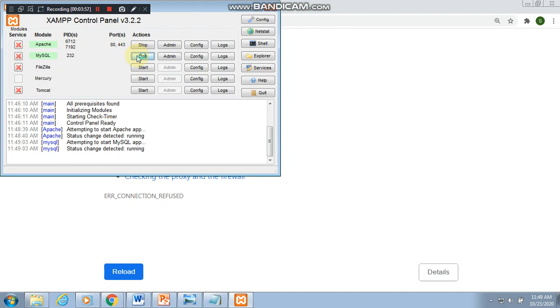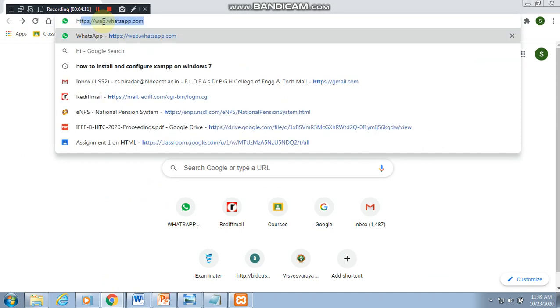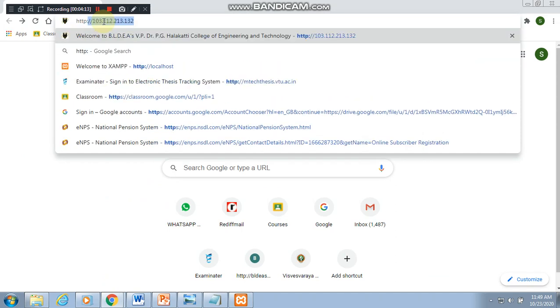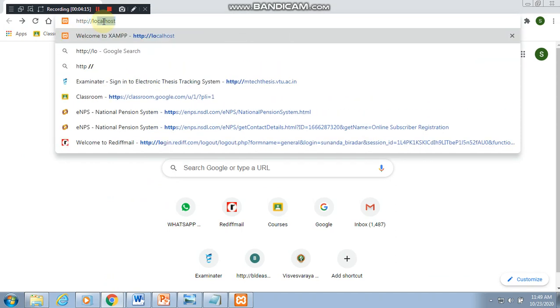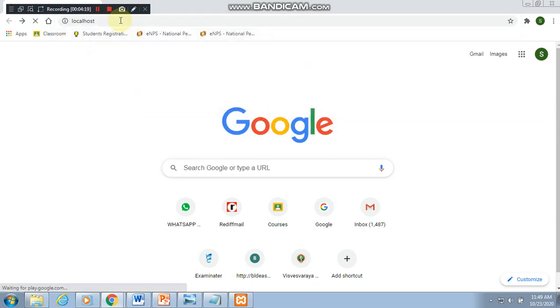So only these two services we need. The remaining are additional; we are not using them in our programming. I just started these two. Now we'll check whether our server is open or not. The same thing I'll type here, http localhost.